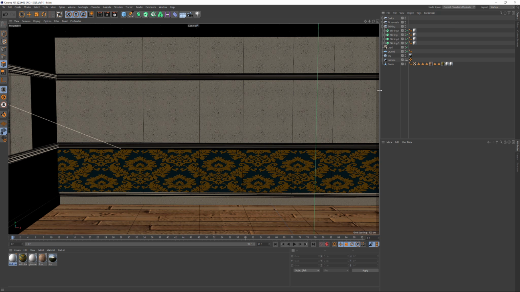I think there might be a bit too much reflection in this white wall, so I'm just going to have a quick look at that material and just see. Just going to have a quick check in here because I think it might be a bit strong. So yeah, I'm going to turn this way down, which will also speed up our render. I wonder if the sampling, no, that's fine. Okay, so